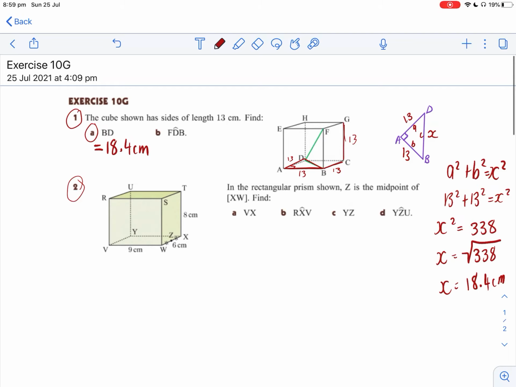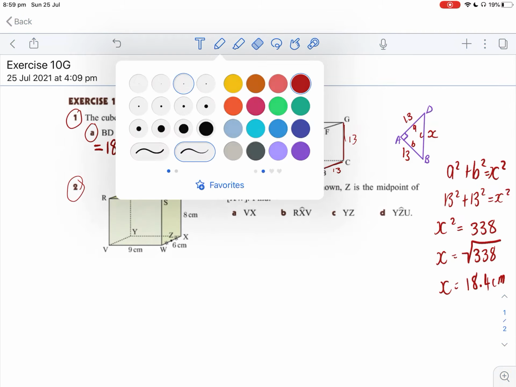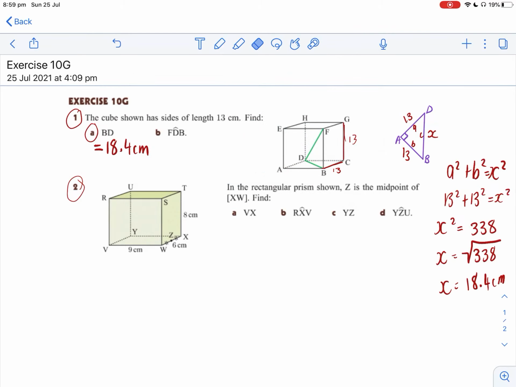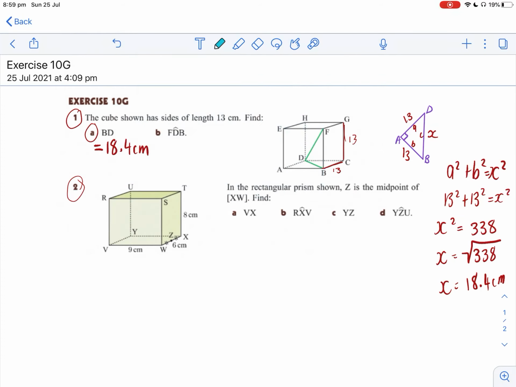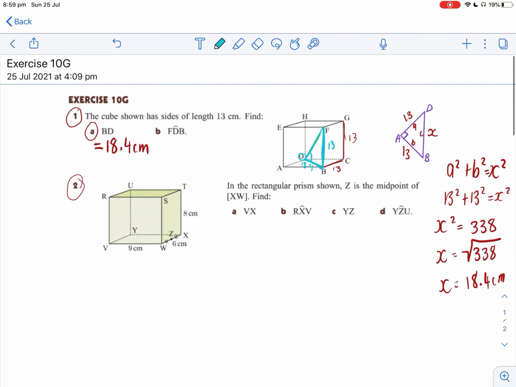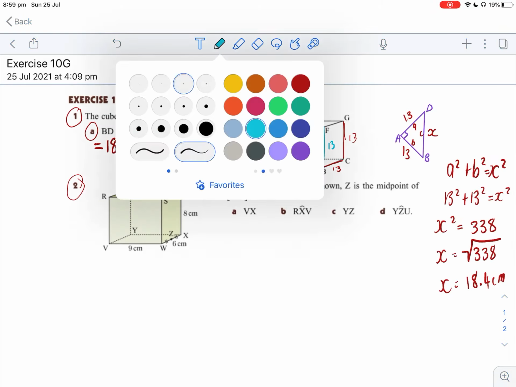The part B asks me to find, I'm going to use a different color and I'm actually going to erase this so you can see a bit better. So let's use this blue. So it's asking me for angle FDB. So it's really looking for this angle here. All right, so I know this height here is going to be 13 and I know side length BD is 18.4. So if I'm looking at my angle and this bit here makes a right angle, I'm going to be looking for